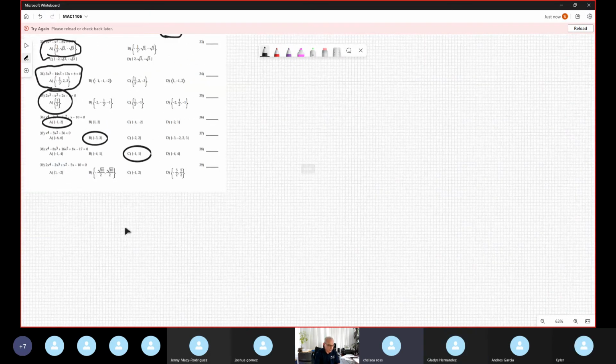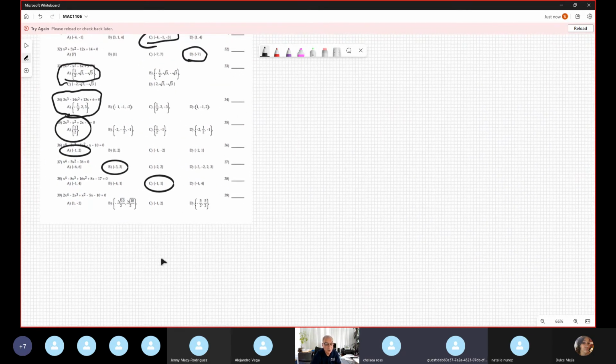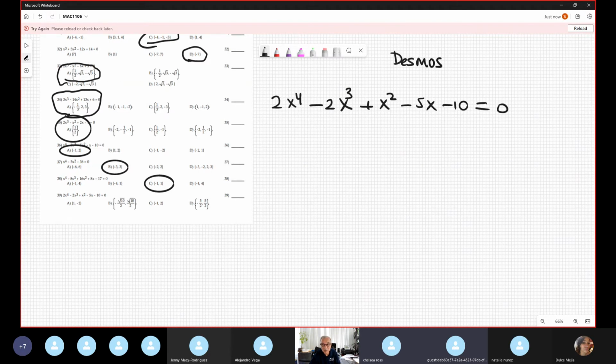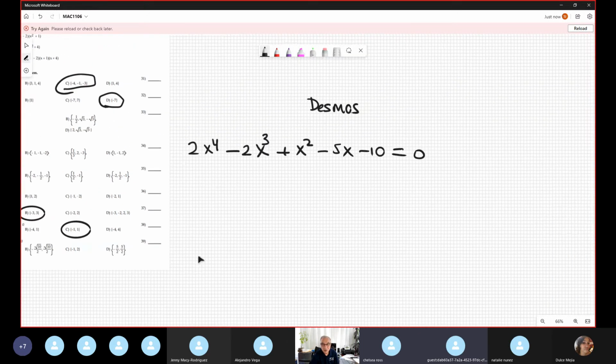Okay, 39. Now, it's degree polynomial 4 again. Wow. It's 2x to the 4th power minus 2x to the 3rd power plus x to the 2nd power minus 5x minus 10 equal to 0. I try to see in decimals because we have no decimals. We are consuming a lot of time on this. So to do it fast, put in decimals, and the decimals give me x equal to